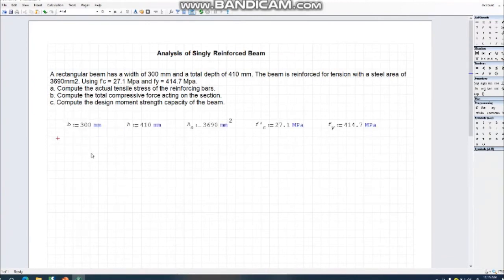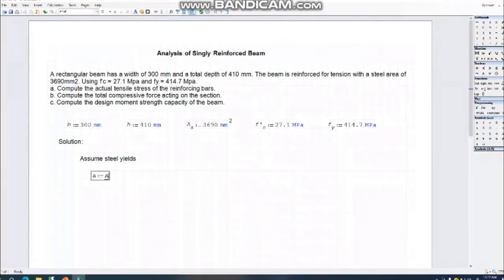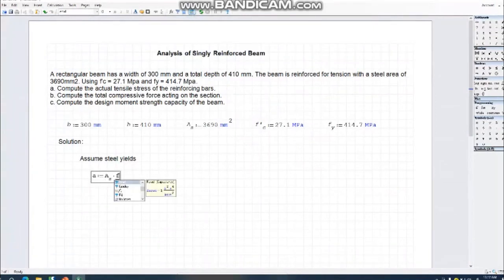We have b equal to 300. We start again from the beginning. For the solution, we start again by assumption, by assuming the steel yields. Okay, let's calculate a. So a is equal to As times fy